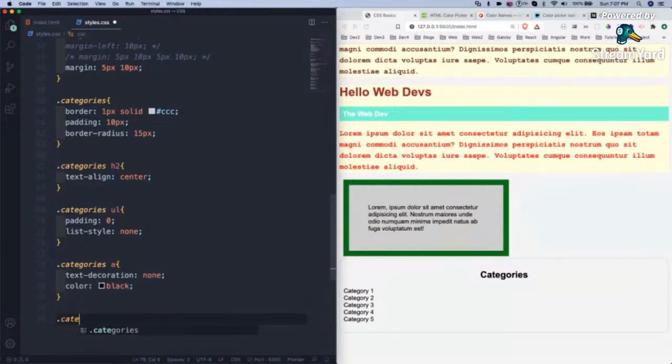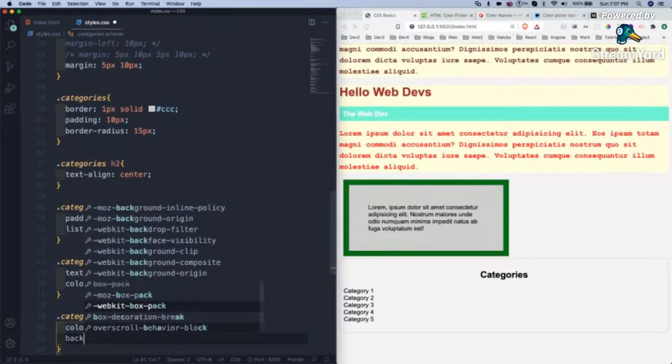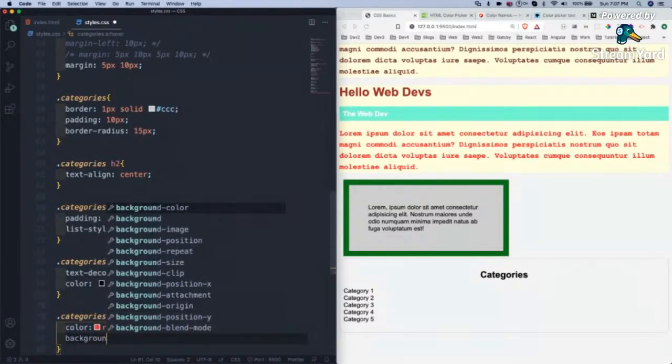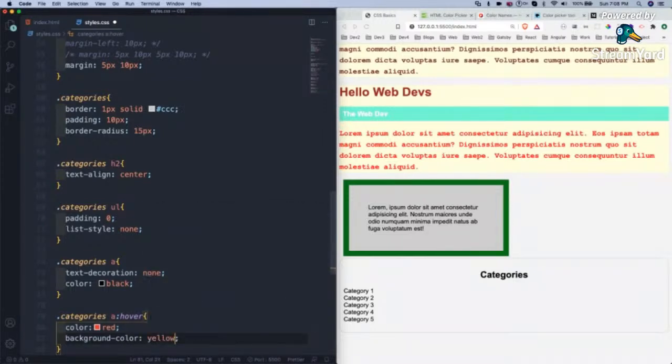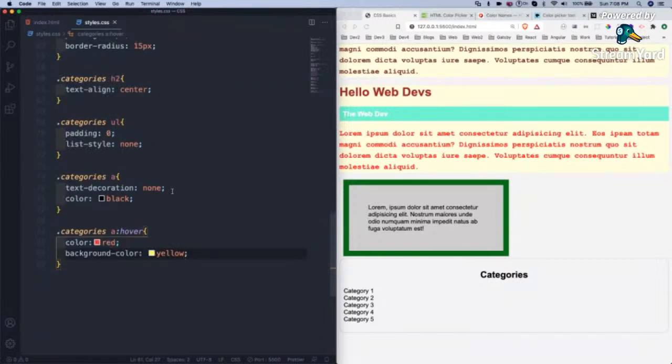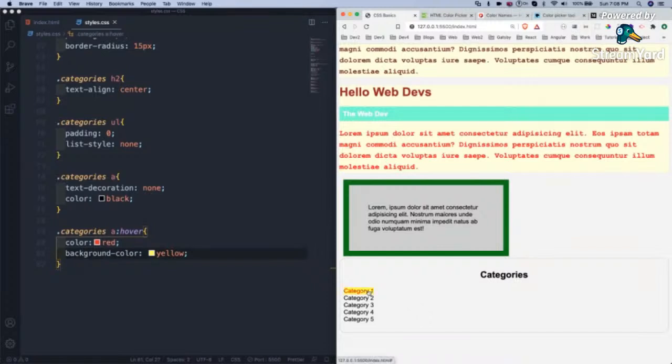Dot categories A. We're targeting the A. Then I have to give this hover and then color red, background color yellow. Let me save this and nothing will happen right now, but I will move my mouse over here. Okay, it changes like this.